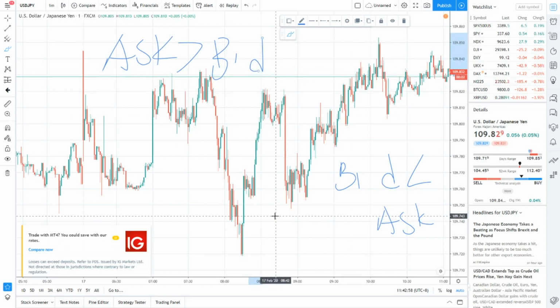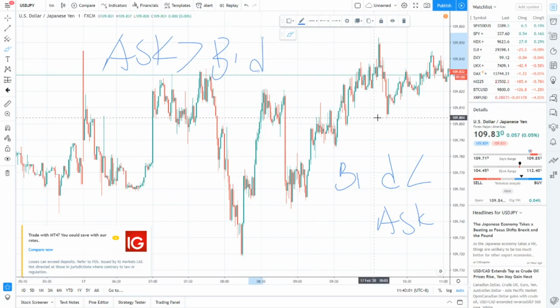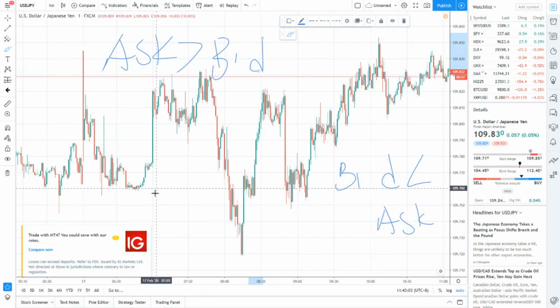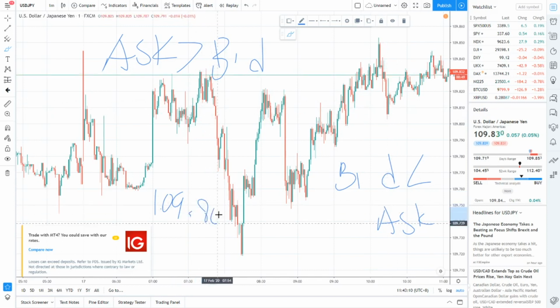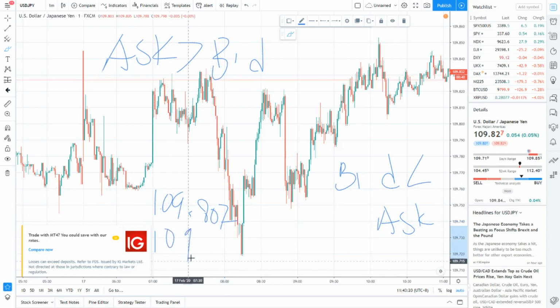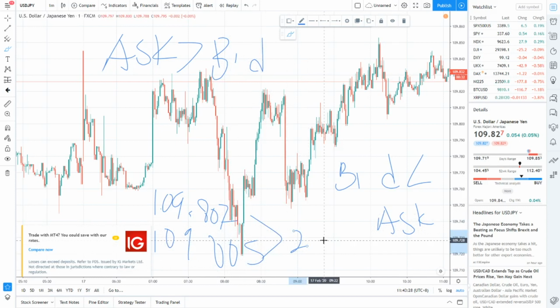Sometimes you might see, for example, let's say I can only bid at 0.90870, but I can only buy at an amount lesser than this. For example, let's say I can only ask for this amount. So you are actually losing some money over there, and this difference is actually the way that the broker makes